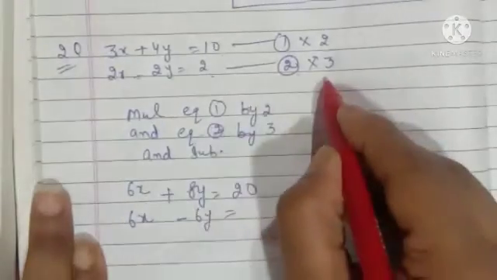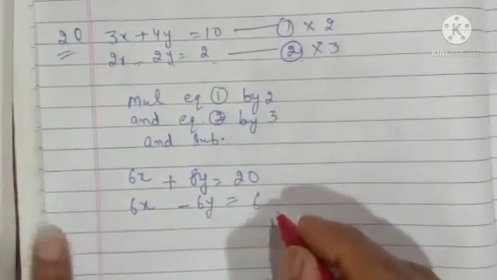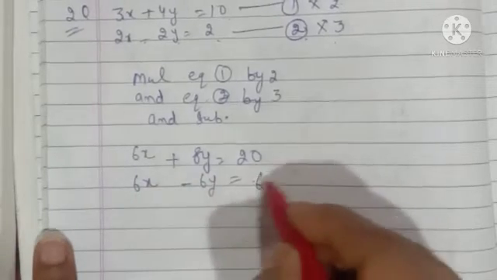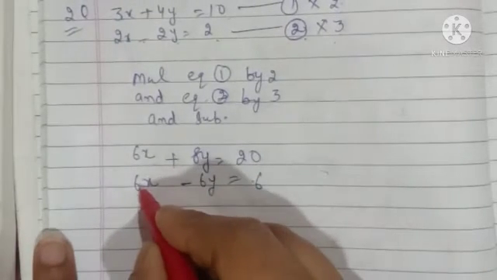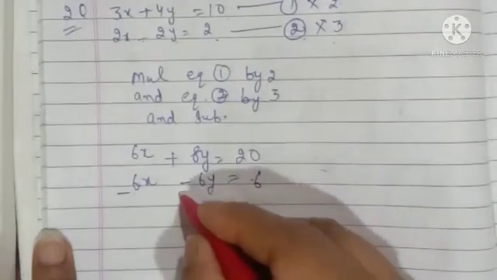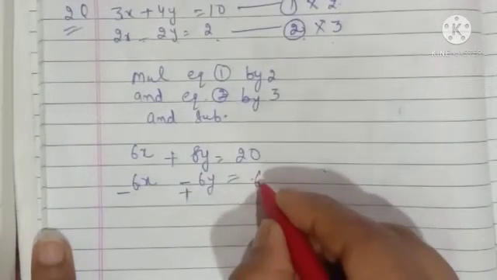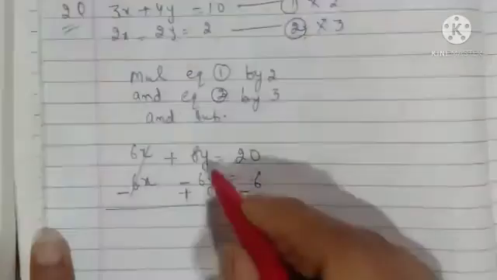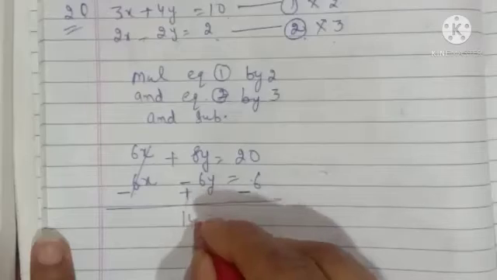equals to 2 into 3, that is 6. Subtracting both equations, I have to change the sign of the downward equation. Which number is with plus sign, that will now be minus, and minus 1 will be plus, and 6 is plus, that will now be minus. You may cancel both. 8y plus 6y becomes 14y,